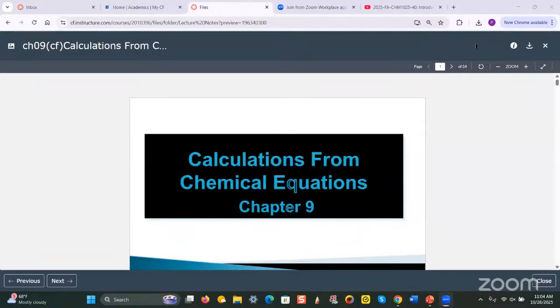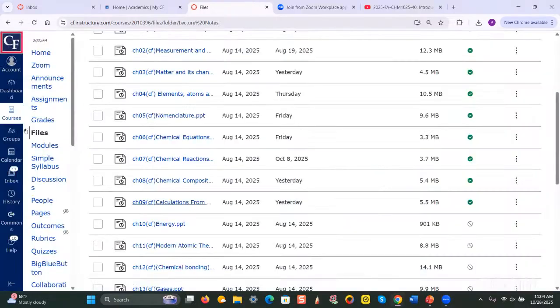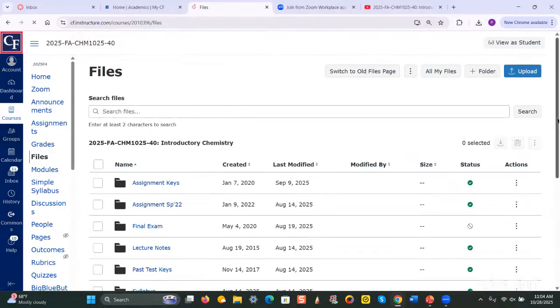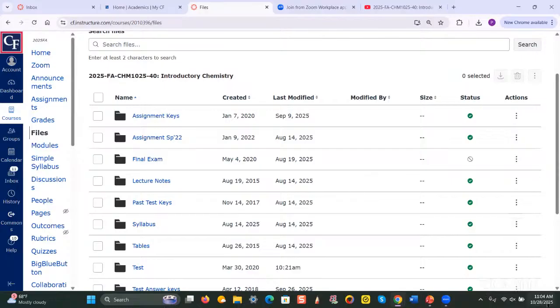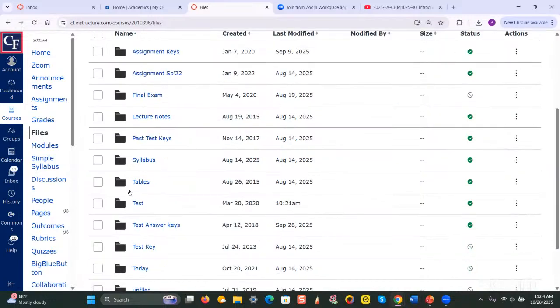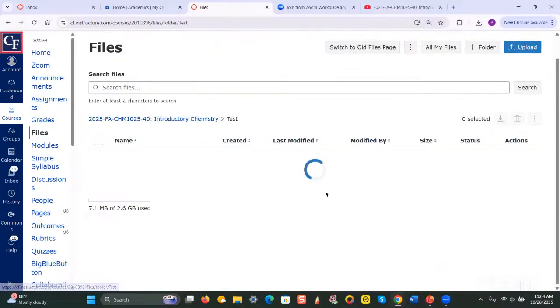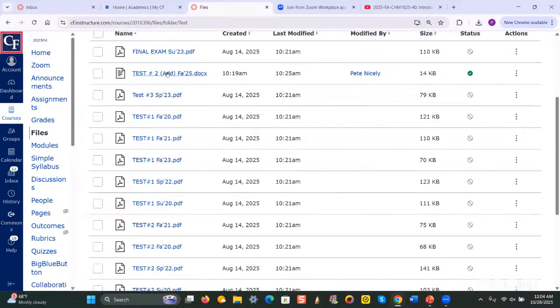All right. So what I decided to do is provide some questions for you to do at home based on chapter 4. Okay, let me do this. Let me just show you where those questions are located, and then what you can do is complete it. I think I gave the deadline as October 30, which would be Thursday. So if you go to this folder labeled test, you're going to see this link